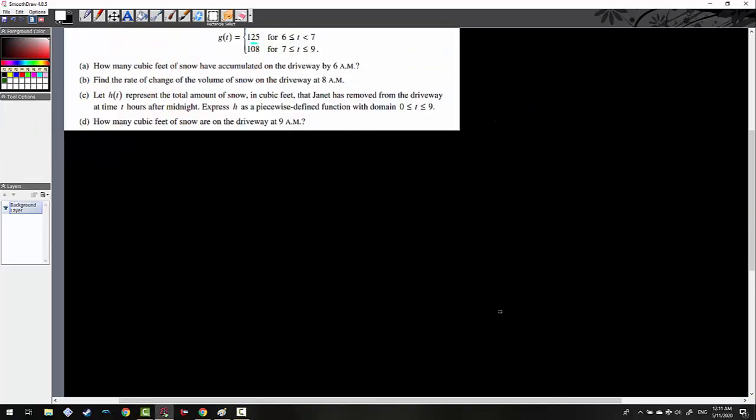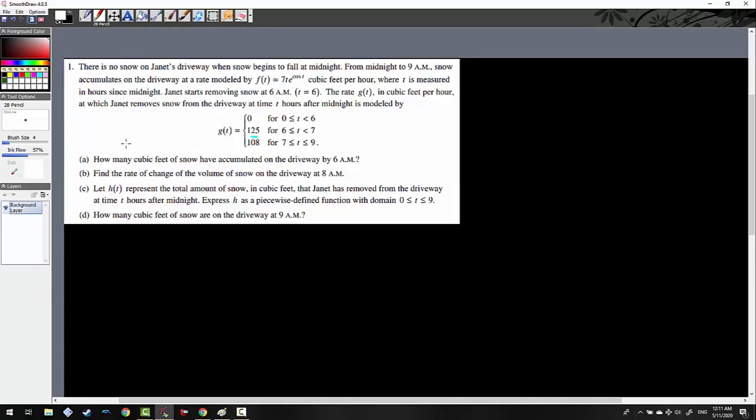And we're back. It says, how many cubic feet of snow are on the driveway at 9 a.m.? In order to find out how much snow is on the driveway, it's like an inflow-outflow problem. I have to consider how much was already there, how much fell down, and how much was scooped away. So with part D, how much was there from the beginning? 0. The problem told us that there was 0 because of the top condition here. And then that's going to be plus the integral from 0 to 9 of f of t dt, because f is the rate at which snow falls. And then that's going to be minus